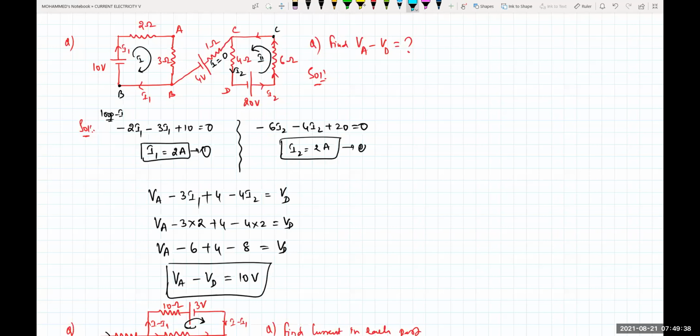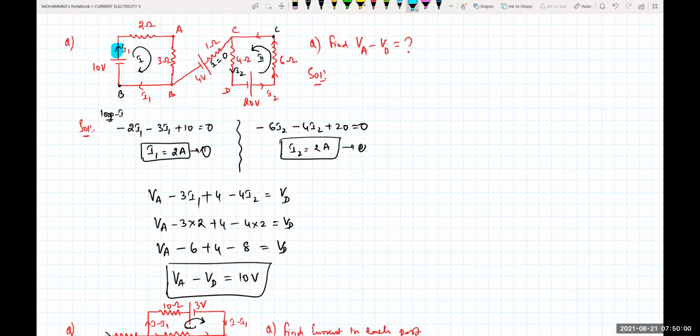Yes, sir. Isn't it? So current cannot flow from your lower potential to upper potential. Like water, can it flow from the ground floor to the 10th floor on its own? Can it flow? No, sir. Isn't it? That is the reason whatever the current is coming from the 10 volt battery will come back again to 10 volt. That means there is no division of current at B.